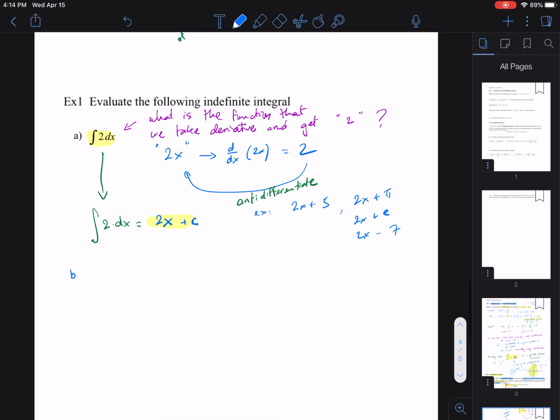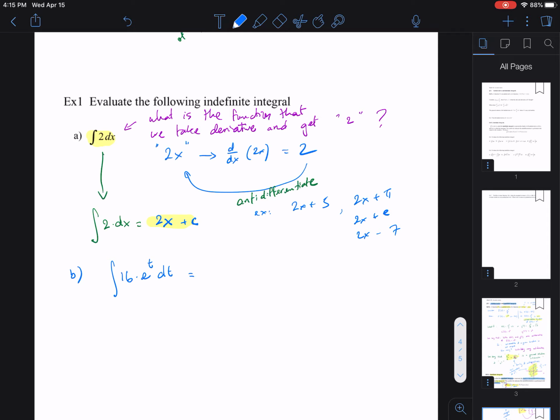All right, so moving on to the next example: the integral of 16 times e to the t dt. This is an indefinite integral, and the function inside is e to the t. The variable is t. Notice that there's a constant in front of e to the t. Again, we try to figure out what function, when we differentiate it, gives us e to the t. Well, isn't that just e to the t itself? But what about the 16? It turns out there is a rule that we